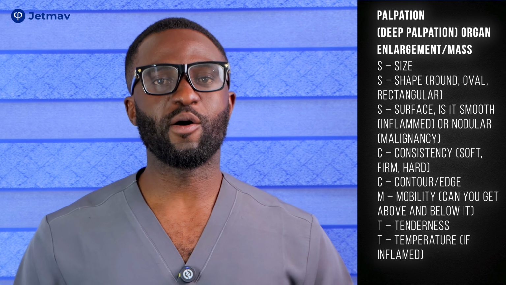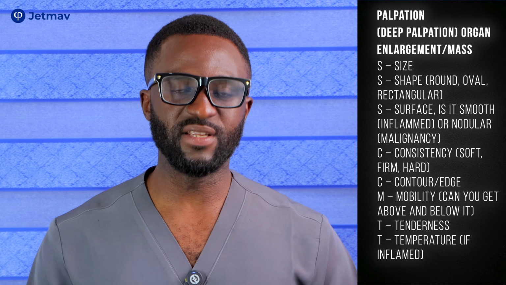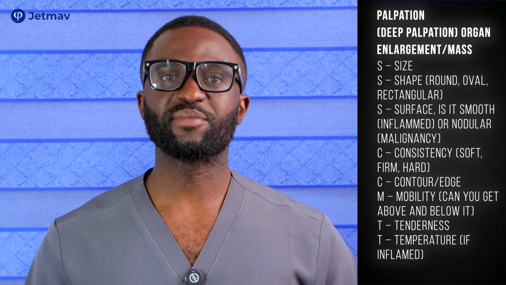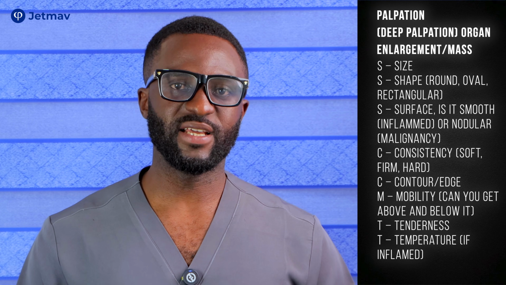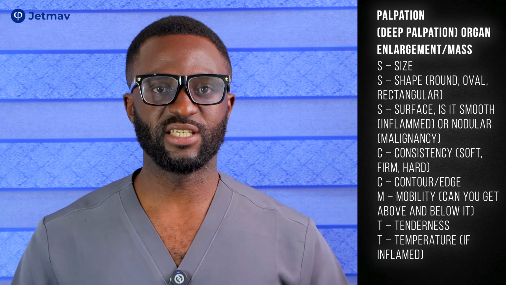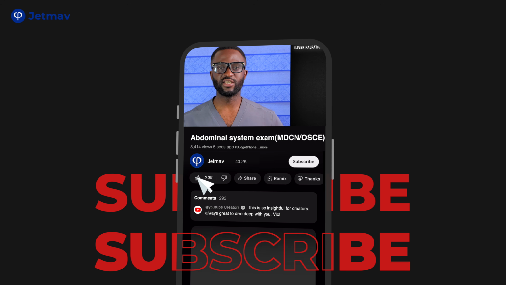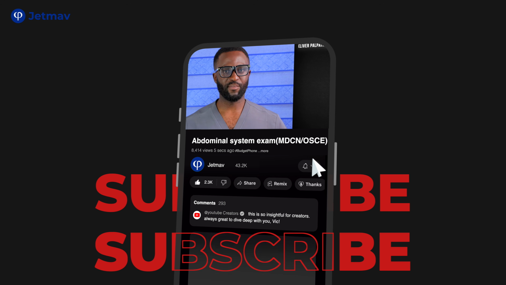So for deep palpation, you should palpate deeply for any organ enlargement or any mass. Then you specifically palpate for the liver, the spleen, and then you ballot for the kidneys. So in palpating for the liver, you start from the right iliac fossa using the radial aspect of your hand and palpate upwards. The liver is usually not palpable in most individuals, but when it is palpable, you should